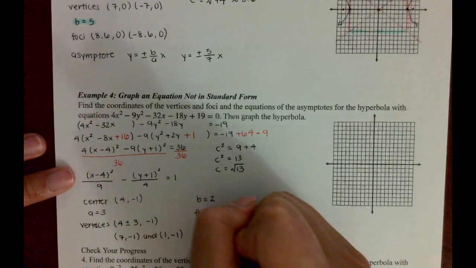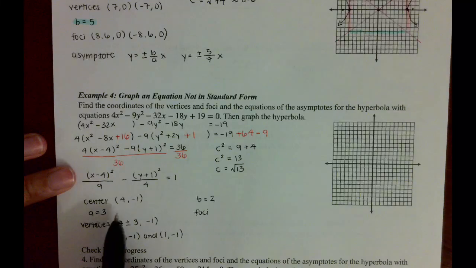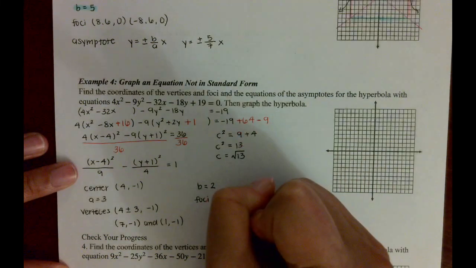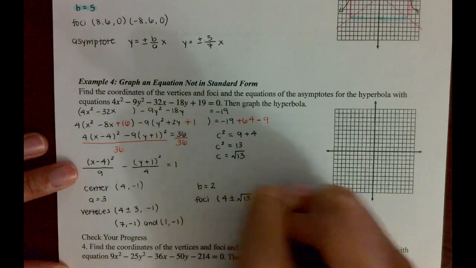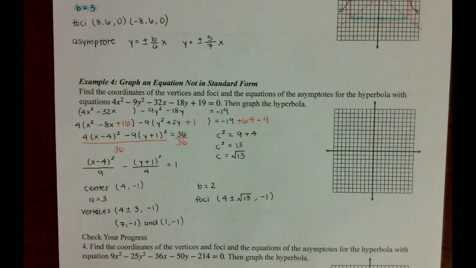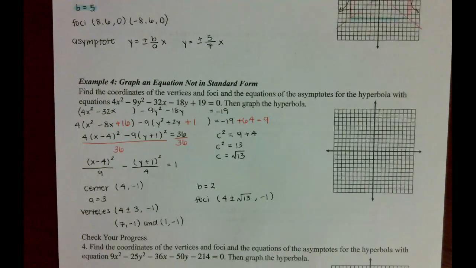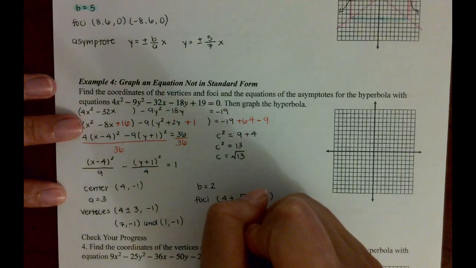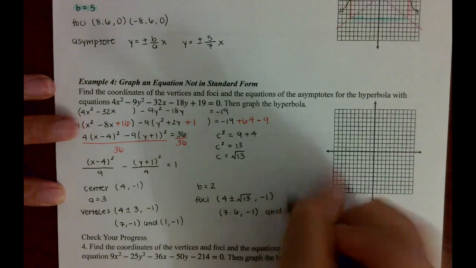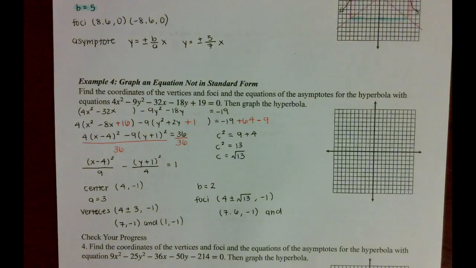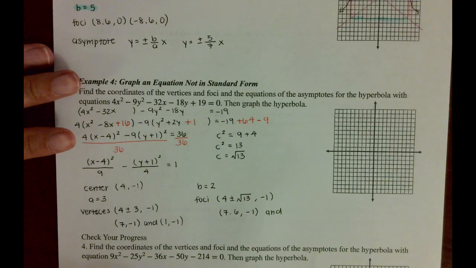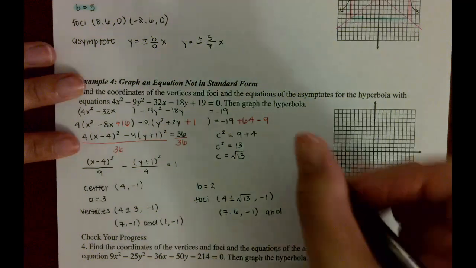So from my foci, again, it will affect in the same way that my vertices affect. So since it affected x, it will affect x too. So 4 plus or minus square root of 13 over negative 1. Okay, and so then to make it easier to graph, 4 plus square root of 13 will be about 7.6 comma negative 1. And then 4 minus square root of 13, this will be about 0.4